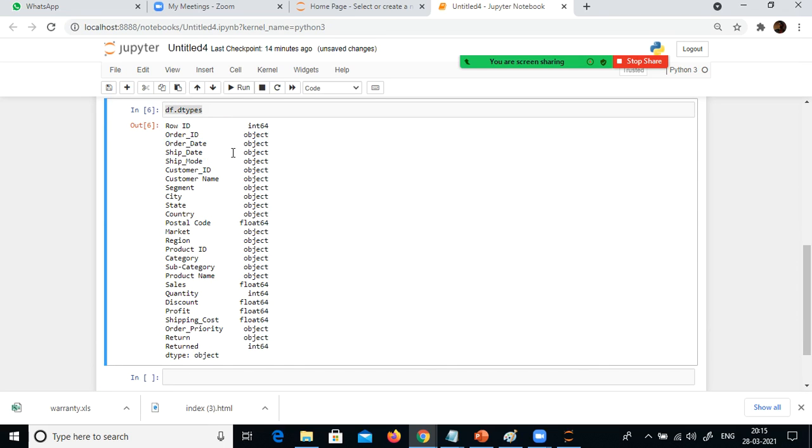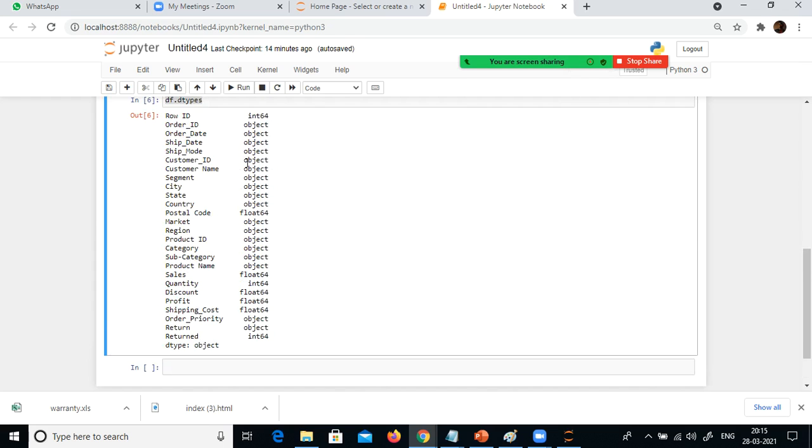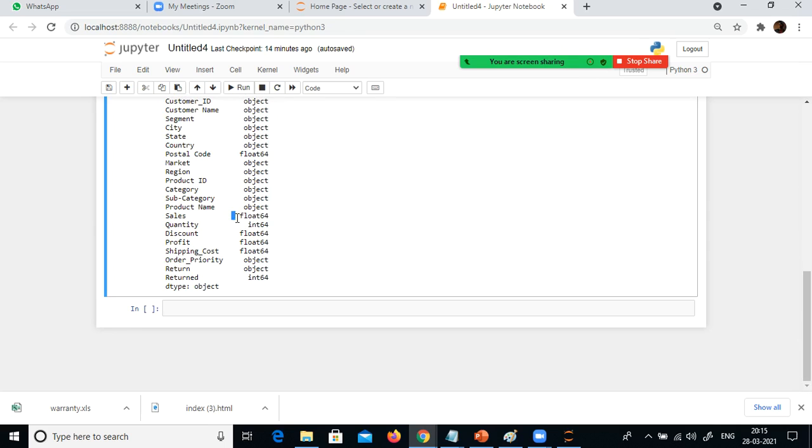Okay, the date column is supposed to be in date format. But when Pandas reads the date values that are stored in the data file, it will assign the object data type. Object data type is nothing but the string data type. And this we can convert, not an issue. And sales is also float, and quantity. All the numerical columns are numerical only, very good.